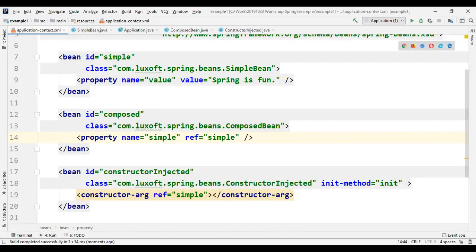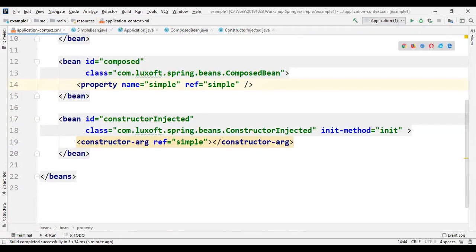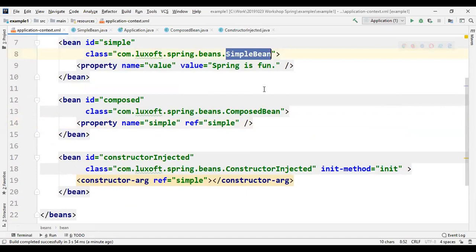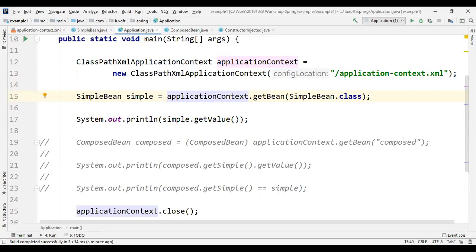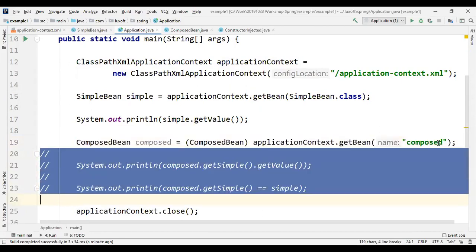And let's try something more. We have taken a look at this simple bean, at the composed bean, how it is created. Let me see, we also have a question here. Reference to wrong instance. I am asked about a reference to a wrong instance. I'm trying to understand what this means. So I understand from the question, if I have correctly understood what it means,